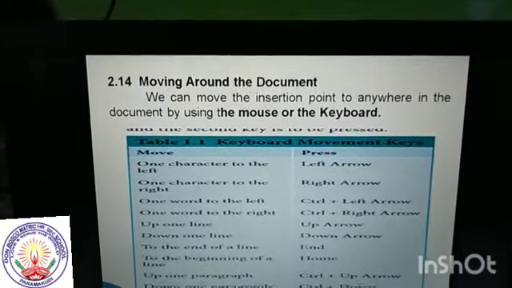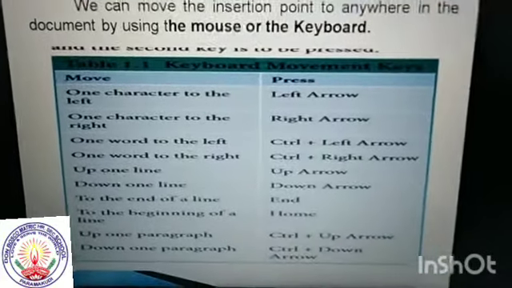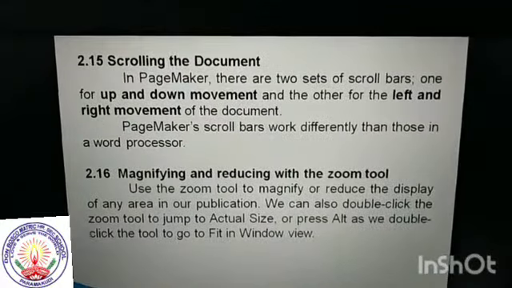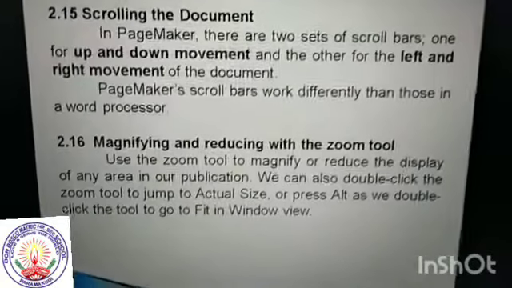For moving, we have two ways, mouse and keyboard; keyboard means we follow this procedure. For scrolling, there are two types of scroll bar, vertical and horizontal. Magnifying means we use the zoom tool.